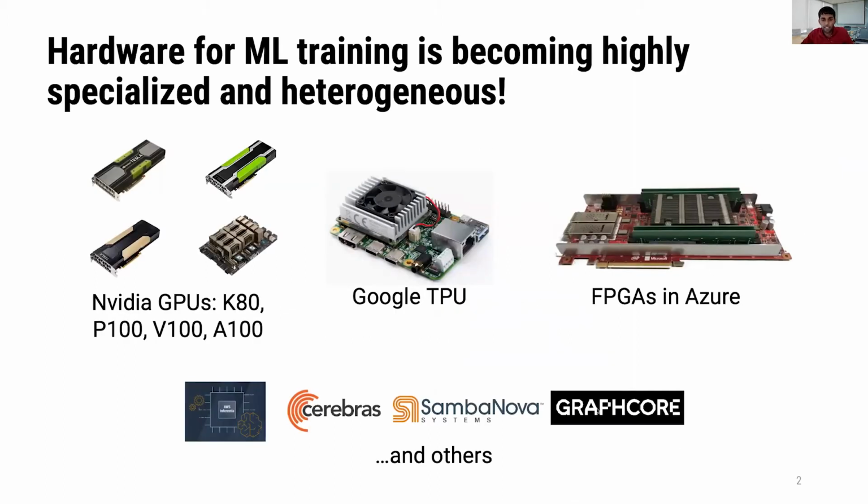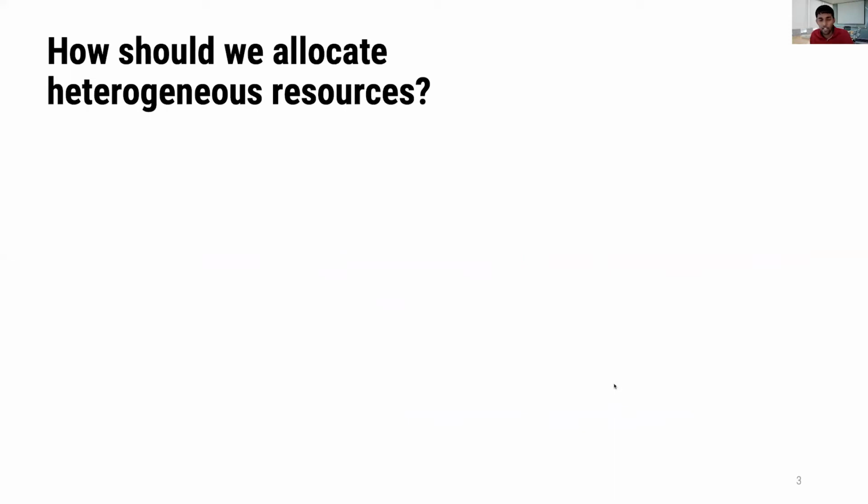Machine learning training is an increasingly important and computationally expensive data center workload. To keep up with this growing demand, a number of different specialized accelerators like GPUs, TPUs, FPGAs, and other domain-specific ASICs have been developed. These accelerators are available both in the public cloud, like on AWS and Azure, and also in private cluster deployments for companies and research groups. However, it is not immediately clear how one should actually pick between these different resource types.